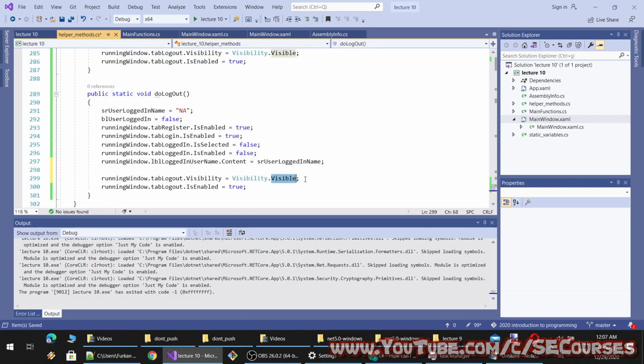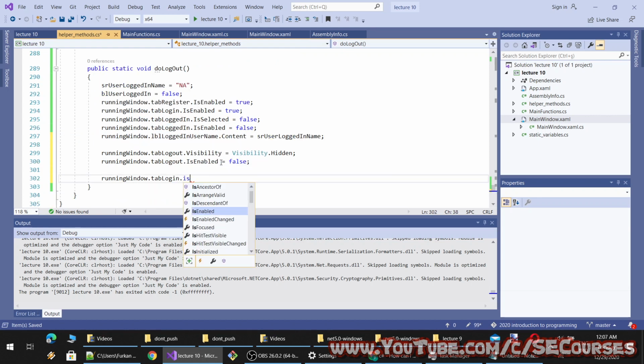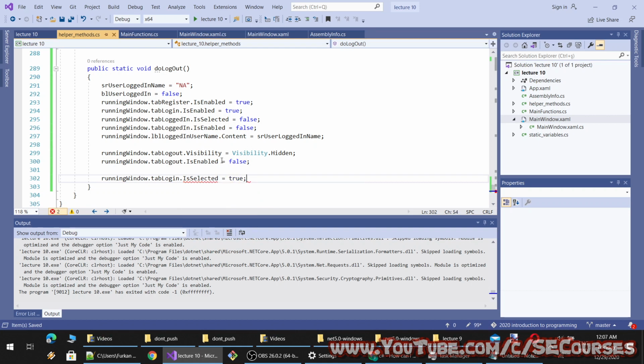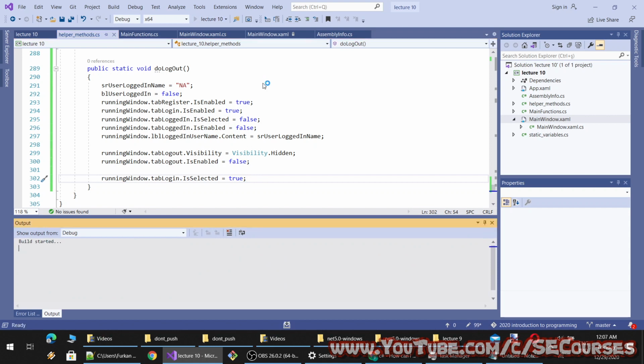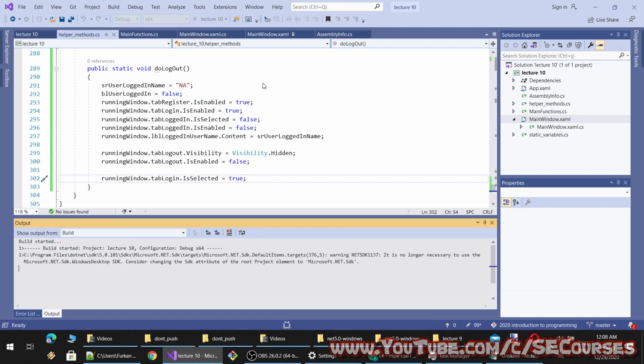Okay, the visibility will be once again hidden. Enabled will be false, and we will select by default the login tab, is selected will be true. Okay, so we have cleared the values we have set once the user logged in.